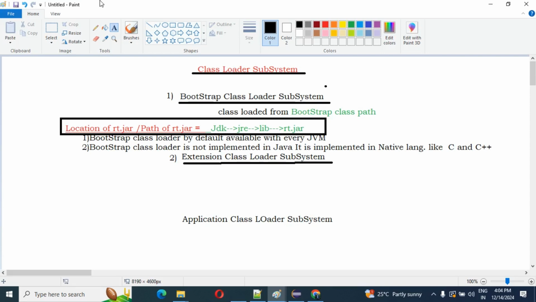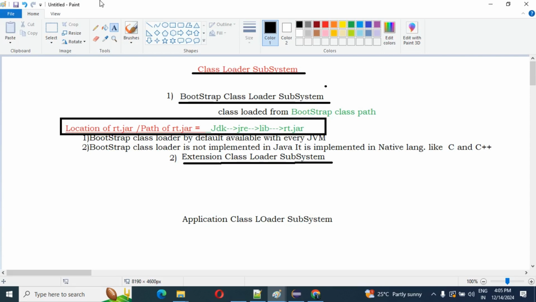This is the update you need to understand as per the Java documentation. So till JDK8 it is loaded from rt.jar, but from JDK9 the core Java files are loaded from the Java runtime image, that is called JRT. Keep that in mind, that is the update from the Java API documentation.